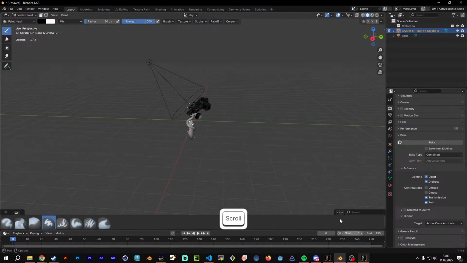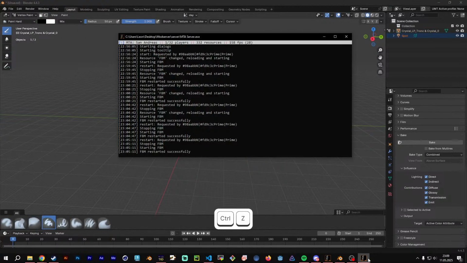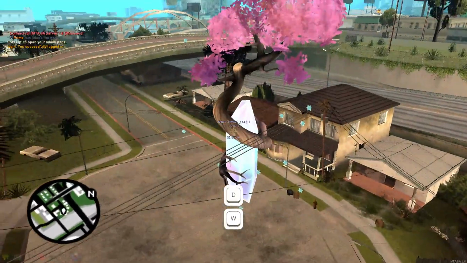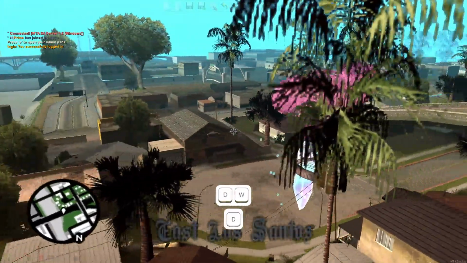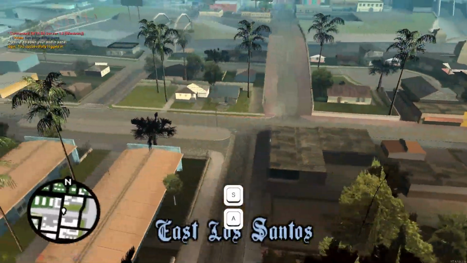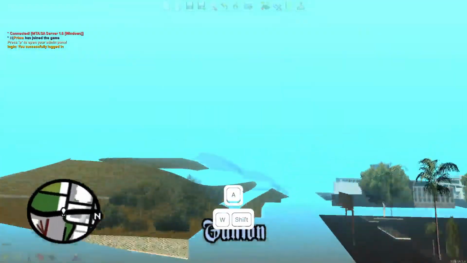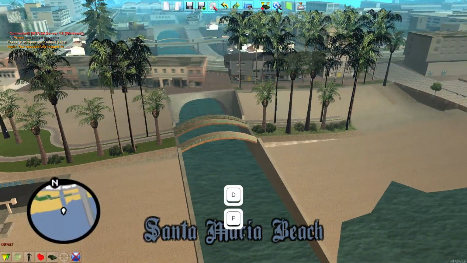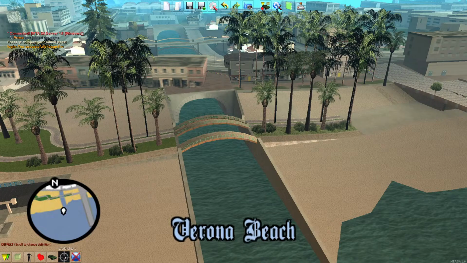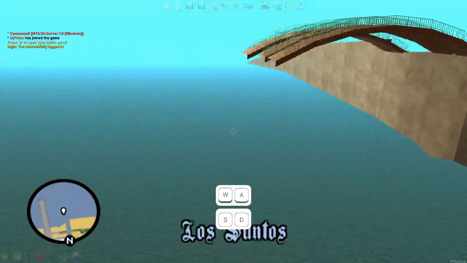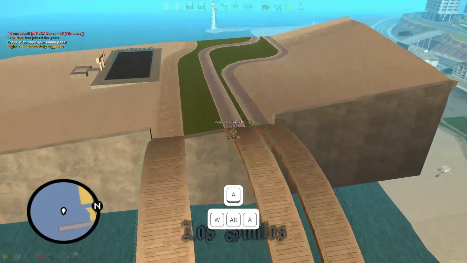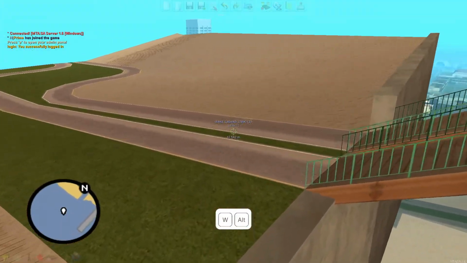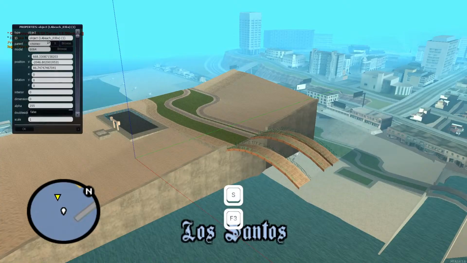Okay. What else can I show you? I can show you what you can do with the normal GTA SA models. So what I do while mapping, for example, is I will just go around the world and see if maybe some object fits. You know, right here, these two bridges, for example, these two pedestrian bridges, or these three, and you want to use them, but you only want those bridges. Okay, so we have to remove everything else. This is pretty simple